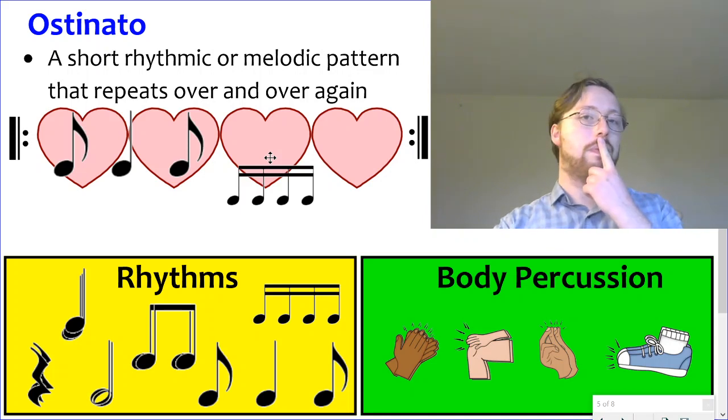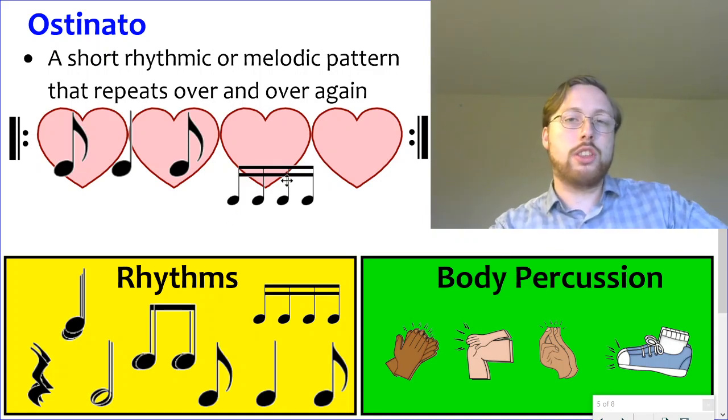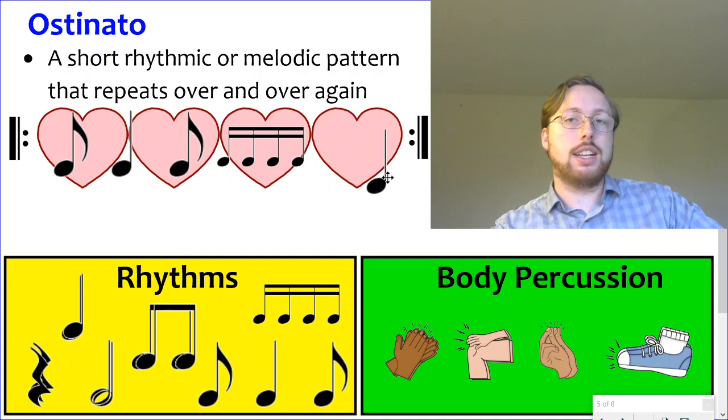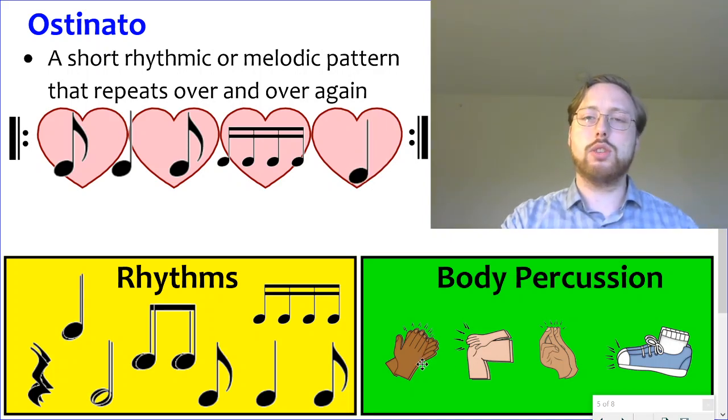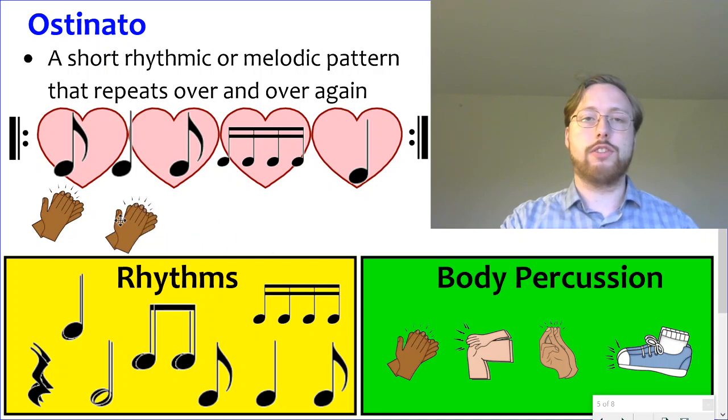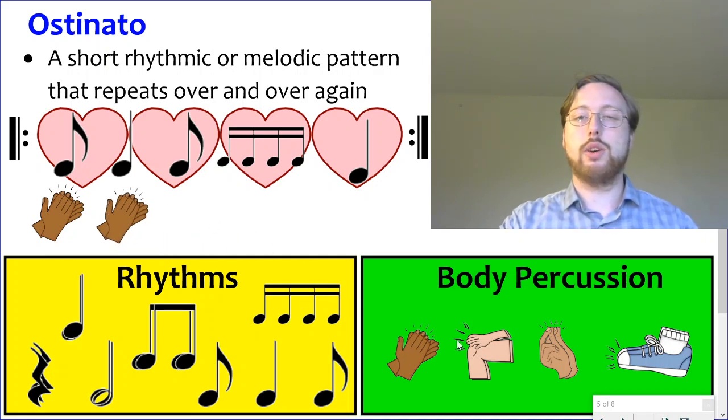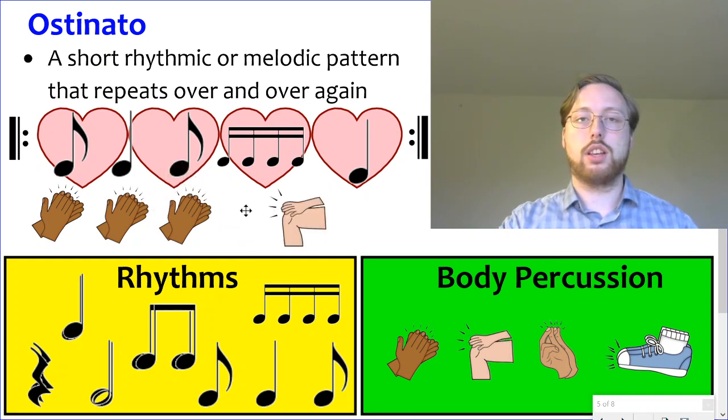Oh, was that our poison rhythm from before? I wondered why it sounded so familiar. Let's practice it. Ready? Ooh, let's do our hands for the first T. And you know what? Let's keep it simple and just do our laps for the rest of it. Oh, our hands are not wanting to move. There we go. And we'll do our laps for that and our laps for that.